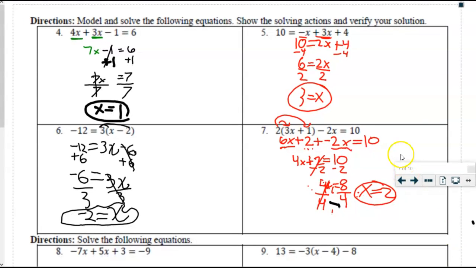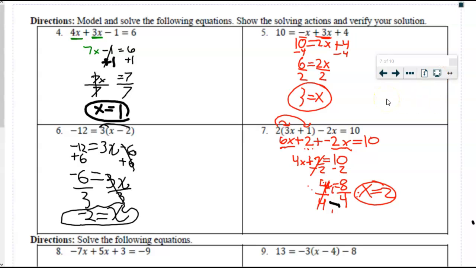Okay, and those are the answers put up there by the students. Great opportunity to check your answers. Any questions now that you've seen them? Okay,